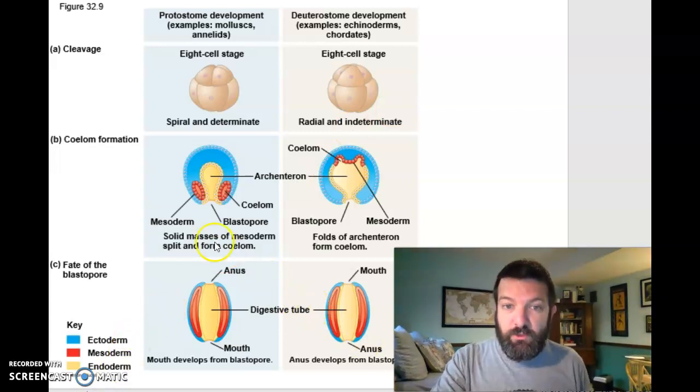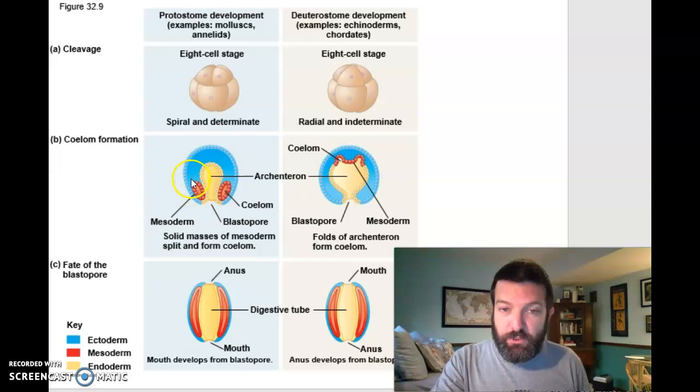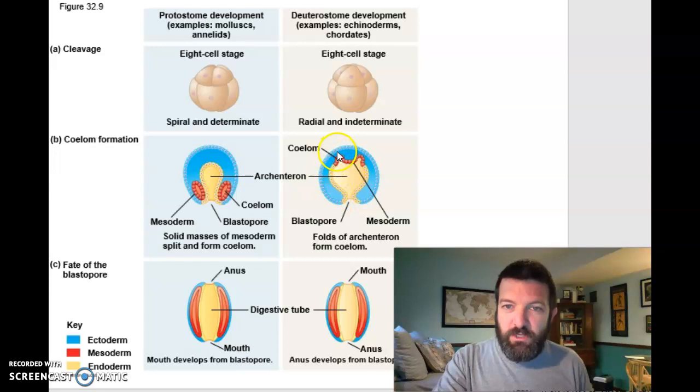Additionally, the mesoderm that you find in protostomes forms out of these solid masses that are made of mesoderm between the endoderm and the ectoderm, whereas in deuterostomes, the mesoderm forms from these little buds on the end of the endoderm and then kind of comes out. But anyway, all of these are associated with either protostomes, things like spiral and determinate cleavage and first mouth from the blastopore, or deuterostomes, you have radial and indeterminate cleavage, and the blastopore becomes the anus, and you form a